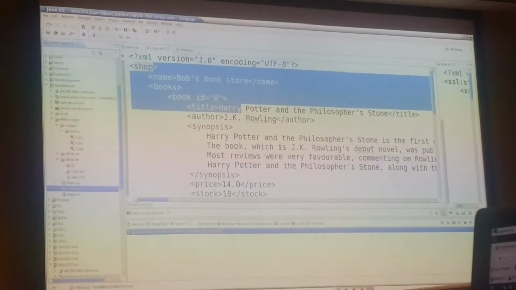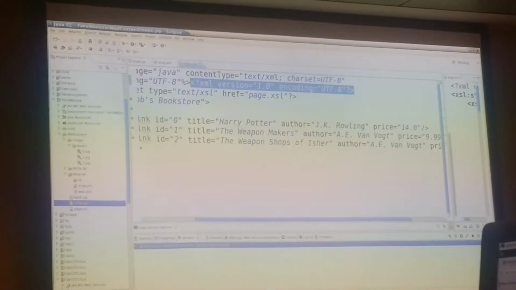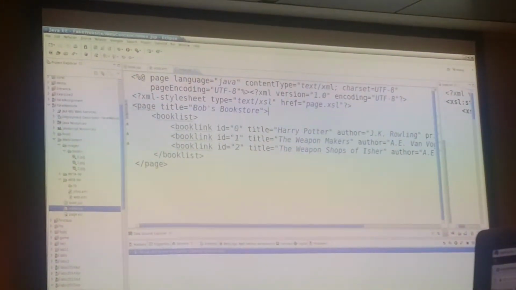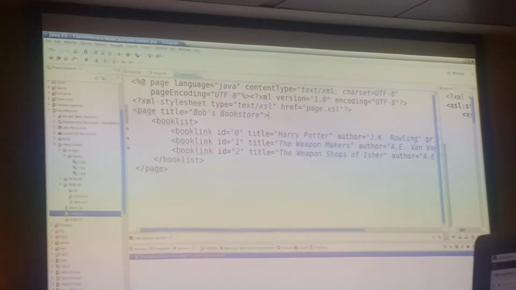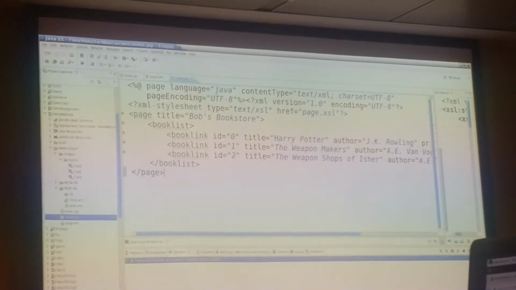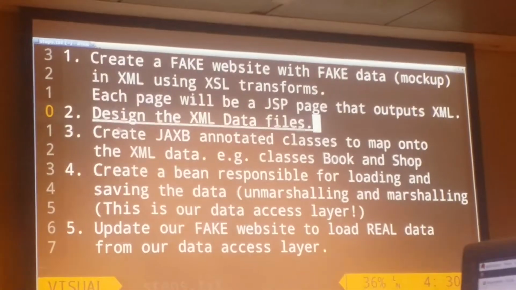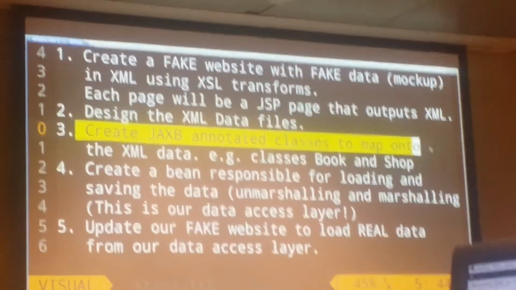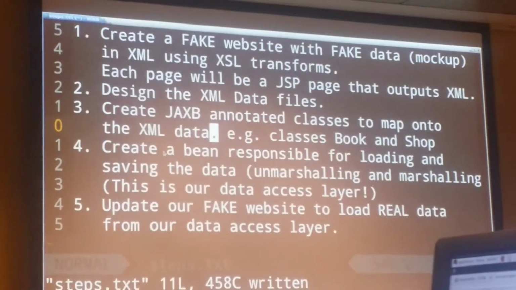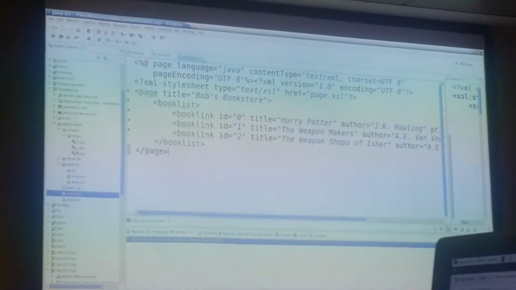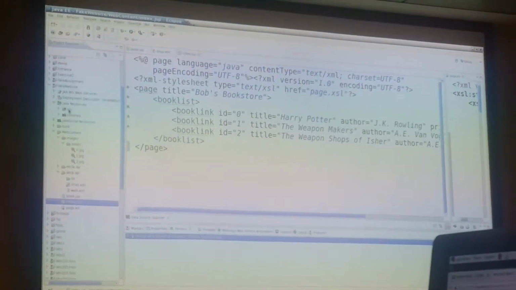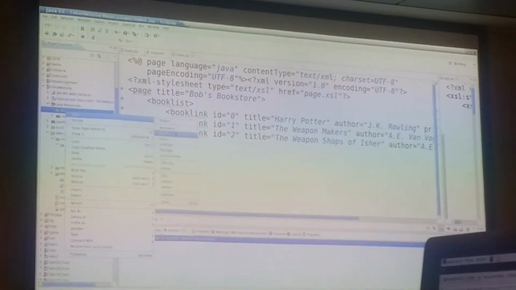And the JSP page is going to display the data, but currently the data is all fake. It's all fake. So now we're going to fix that. We're going to create some JAXB annotated class to map onto the XML data. So I'm going to create a new Java class